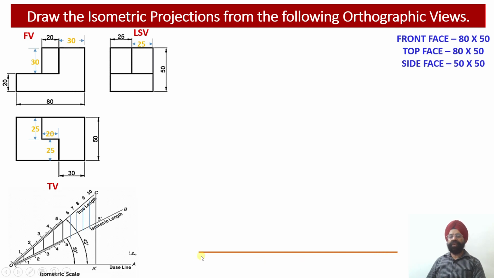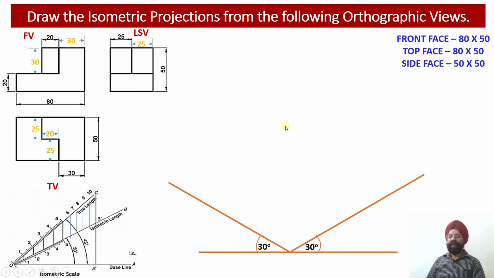So this is our horizontal datum line. From the horizontal datum line, we are going to mark a point of origin. From this point of origin towards the left at 30 degrees, we have drawn the isometric x-axis over here. This isometric axis has been drawn at an angle of 30 degrees. Then from the same point, you move towards the right, and this isometric z-axis has been drawn at an angle of 30 degrees. Then the height of this solid will be represented along the y-axis, which will be perpendicular to